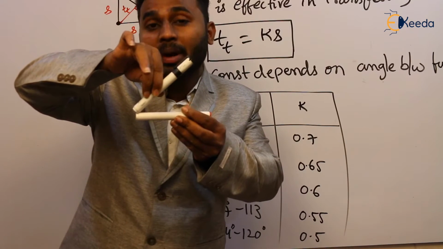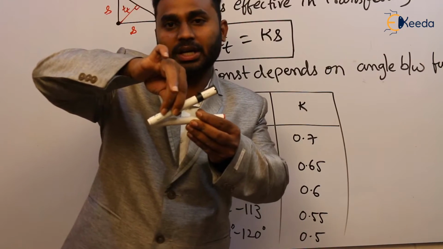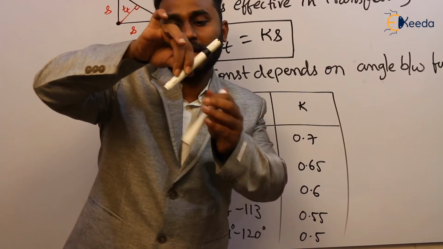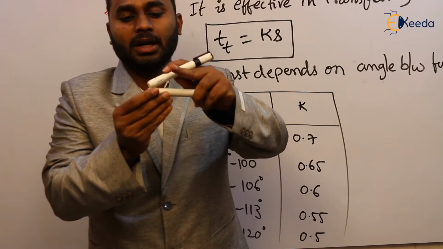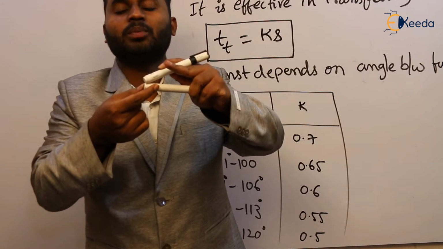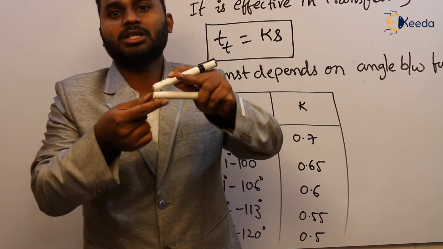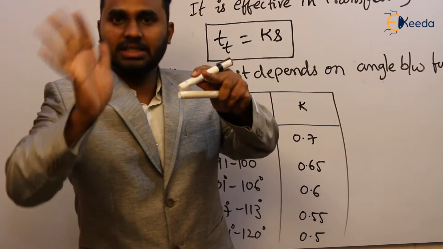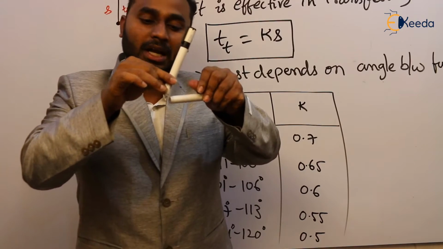The deeper penetration of the fillet weld is not achieved. Yes or no? If the angle is like this, 20 degrees, can we penetrate the weld metal to this corner? Tell me. No. So the proper connection, or proper strength of the connection, cannot be established. So the minimum angle is 60 degrees. Then only the proper penetration of the weld metal can be achieved.